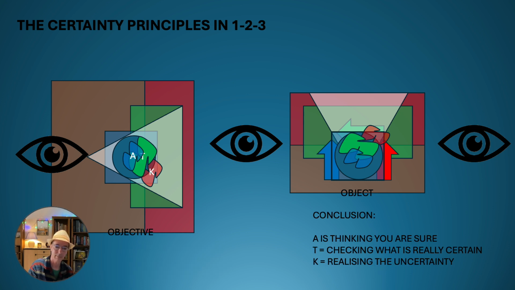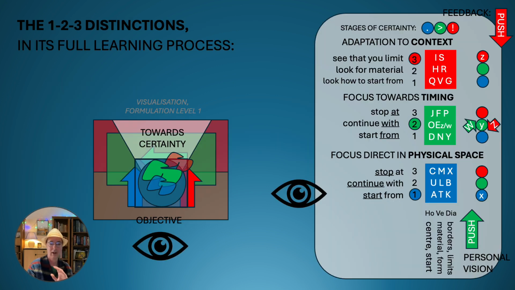So A, T, K, the other three positions. With A, we think things are sure. With T, we check what is certain and what is not. And by K, we realize the uncertainty. That's the balance, which is also in the principles of 1, 2, 3, always and everywhere. But okay, we go to the distinction in the